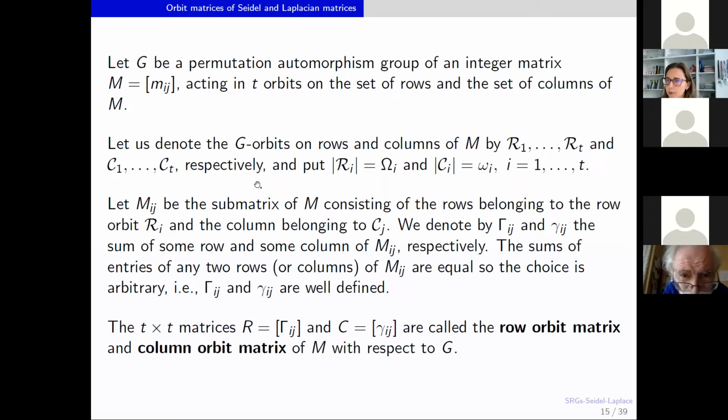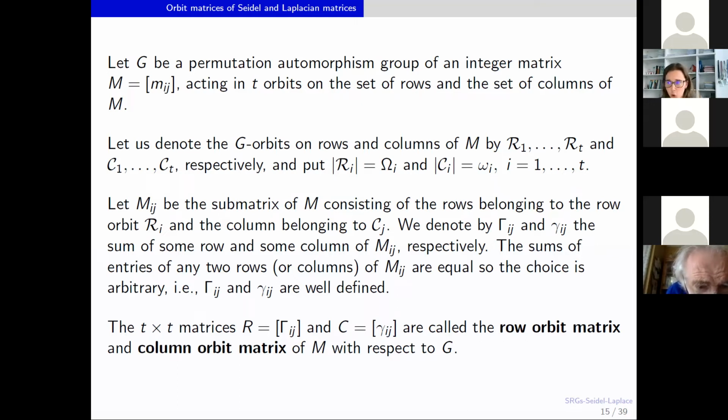And we will denote the lengths of these orbits on rows by capital omega I, and the lengths of the orbits on the columns by omega I. If we take Mij to be the submatrix of the integer matrix M consisting of the rows belonging to the row orbit Ri and the columns belonging to column orbit Cj,